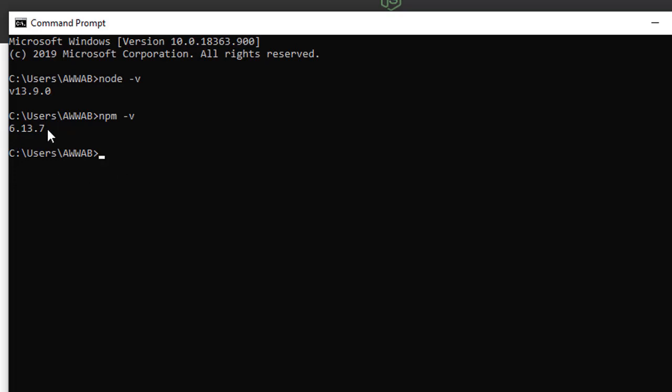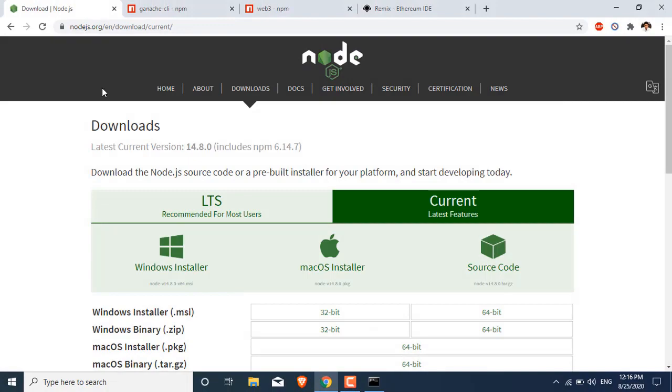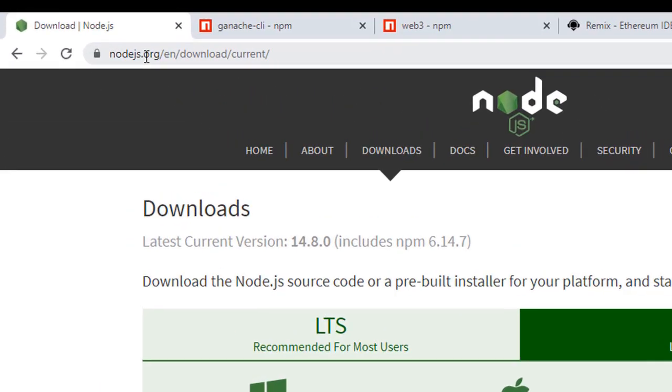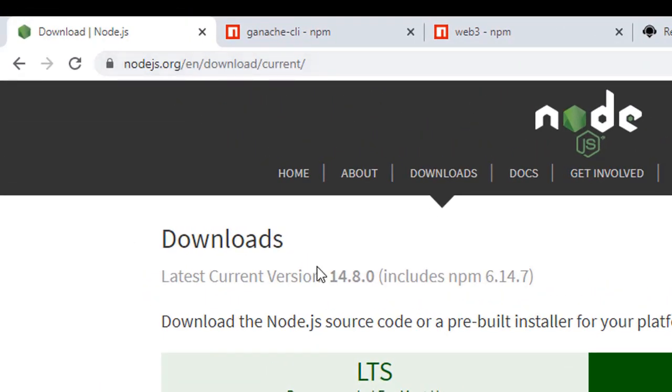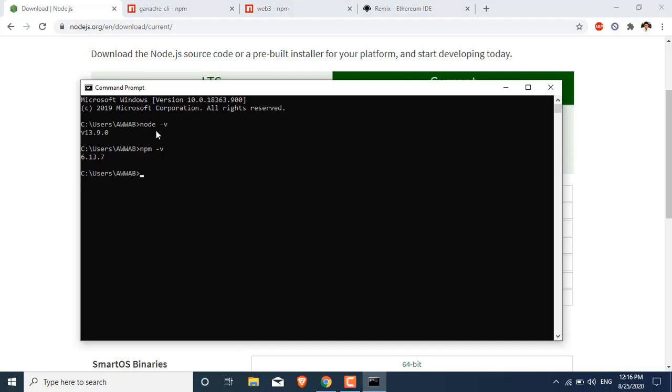It is also showing me the node package manager version. If your computer gives an error, you need to install Node.js, and you can easily install it from nodejs.org in the downloads, and download any version you like. Once it is installed, you need to check the version again to make sure that it is properly installed.